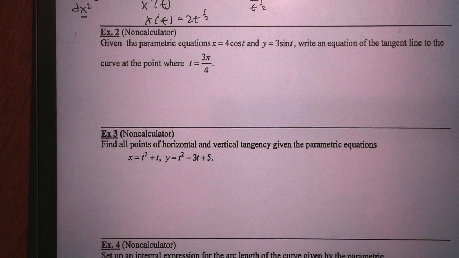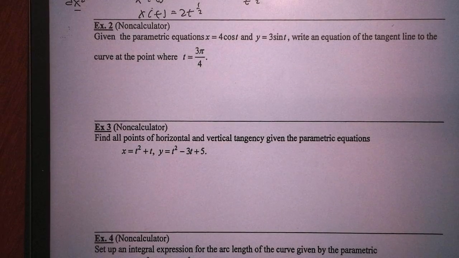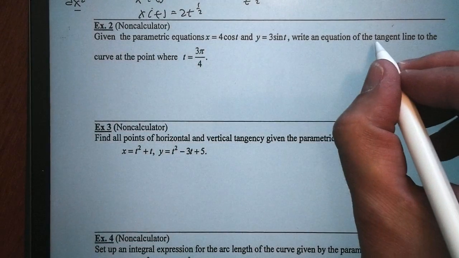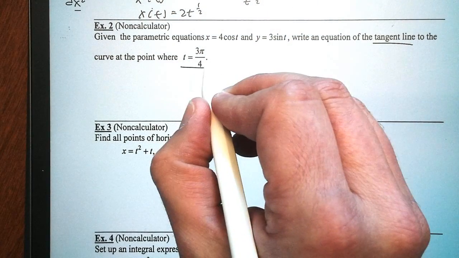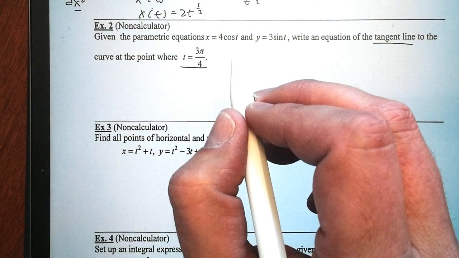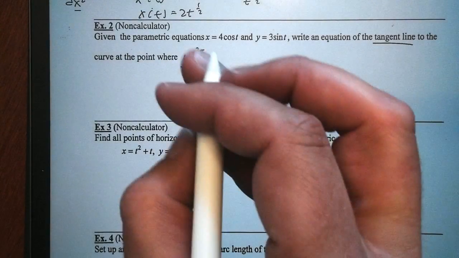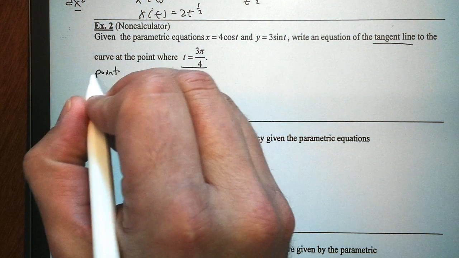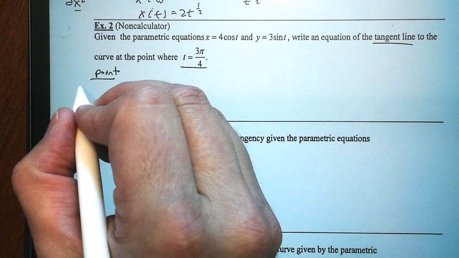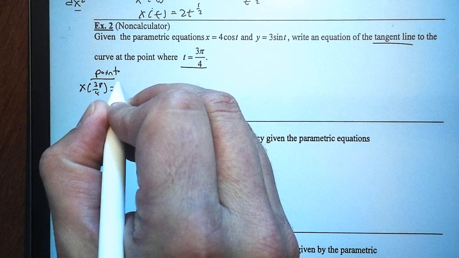It says, given the parametric equations x equals 4 cosine of t, y equals 3 sine of t, write the equation of the tangent line where t is 3 pi over 4. So we want the equation of our tangent line. Well, what are the two things that we need? The first thing we need is a point. We can do that by looking at x. So if I want to find x of 3 pi over 4, this is just 4